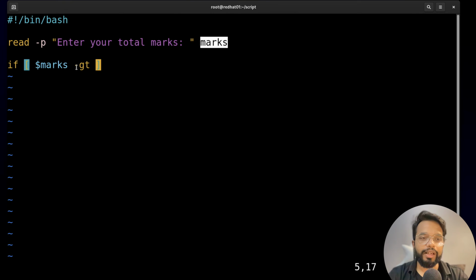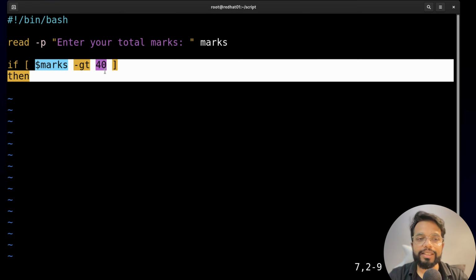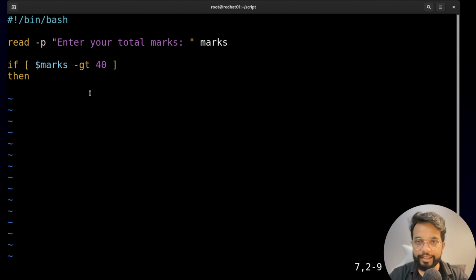So here we have used gt, greater than 40 marks, and again a space, right? After this, then enter. Then what action you want to perform? Okay, so I want to say, like if marks is greater than 40, I want to print something, right? So we can use the echo command. So inside the echo is